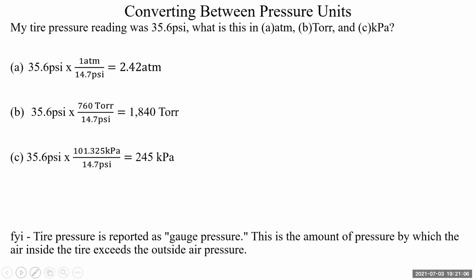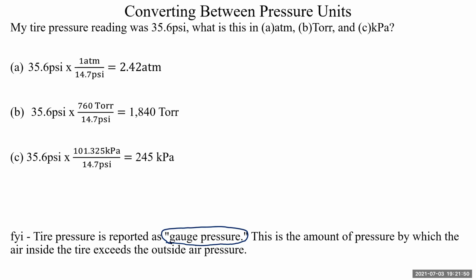Let's say, for example, my tire pressure, which is actually what's called gauge pressure. Gauge pressure, when you read off your tire pressure, that's actually the pressure above and beyond local air pressure. Your tires don't just have the pressure that you read on the dial. They're actually that much more air pressure compared to the outside. So your true pressure inside the tire is actually air pressure plus whatever the reading is. So if your tires are at 36 psi, it's actually 36 psi plus 14.7 psi. It's actually more like 50 psi because they have to have enough pressure to push back against air pressure on the outside of the tire.